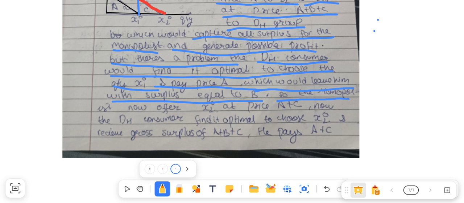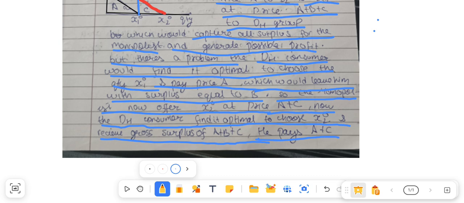So what the monopolist does now is offer x2 quantity at a new price, which is A plus C. Now the high demand consumer finds it optimal to choose x2 and receive a gross surplus of A plus B plus C, where he pays A plus C. What it means is that